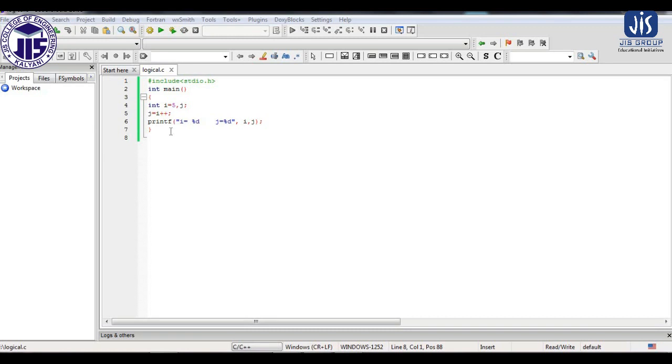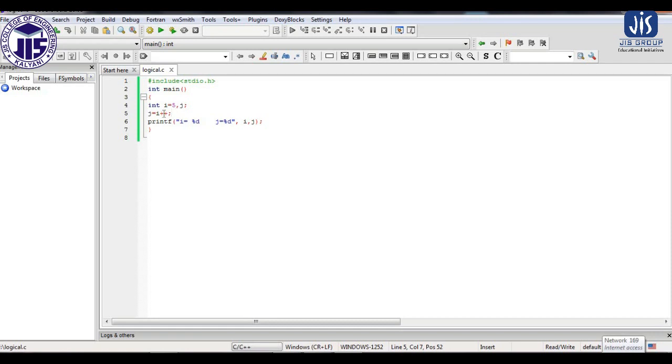So this is the program through which we can differentiate the pre-increment and post-increment operation. Theoretically, as we have already discussed, this i++ is basically called the post-increment operation, where the increment operation will be done at the end.